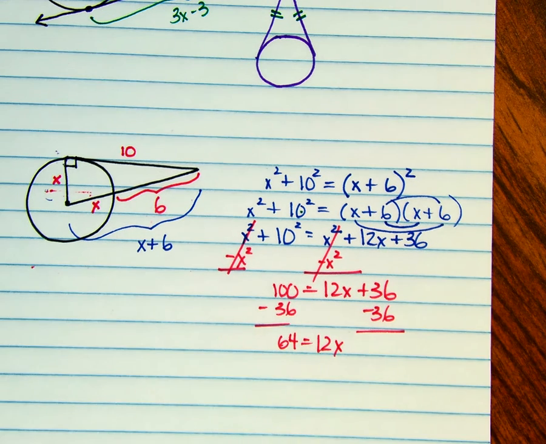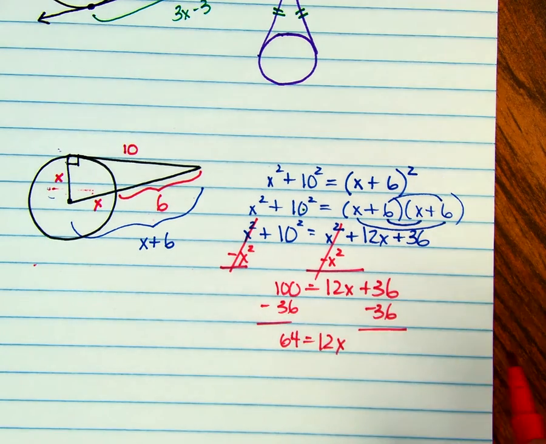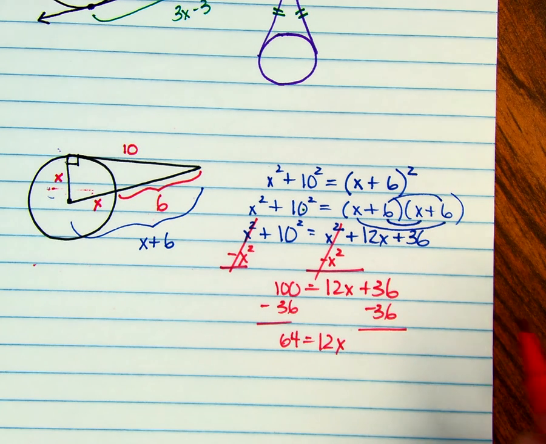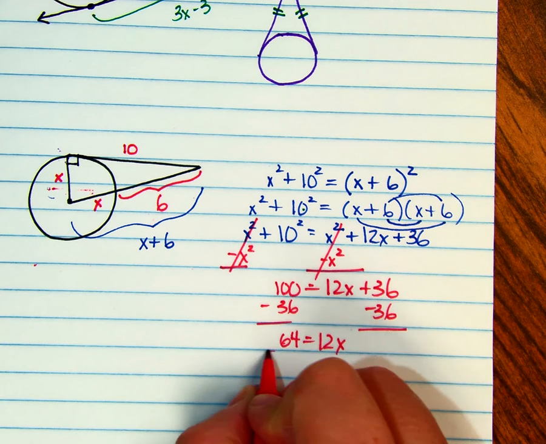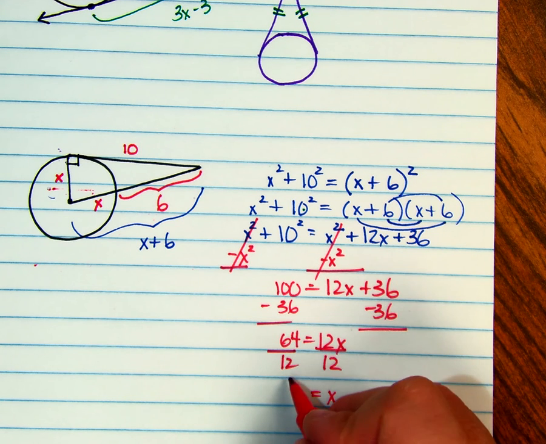So now you have 64 equals 12x. And divide both sides by 12. So x equals